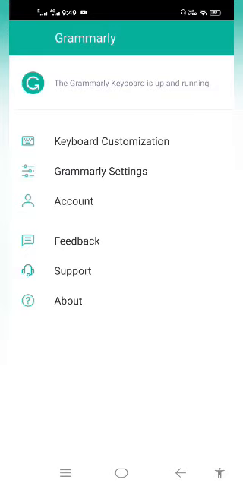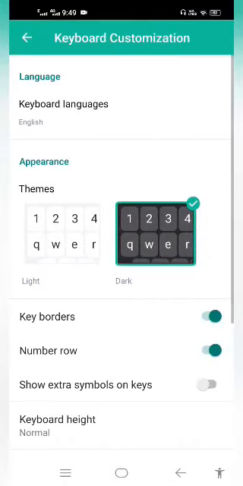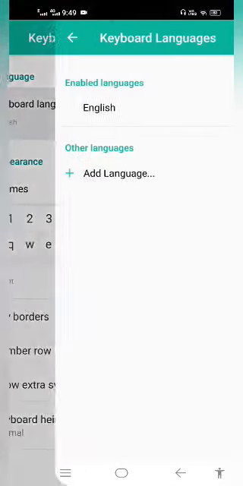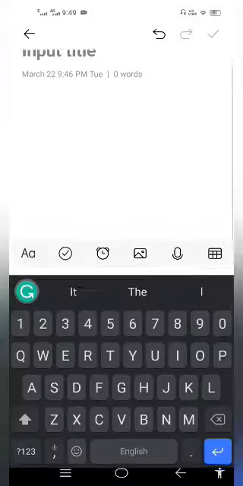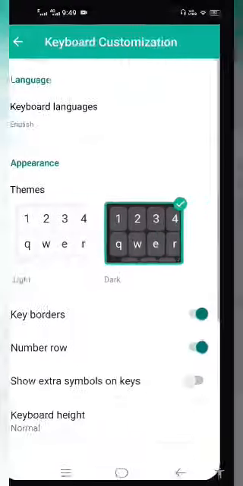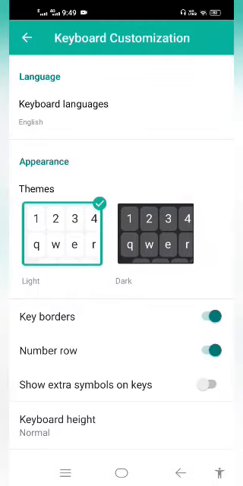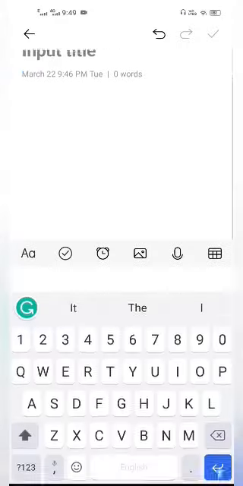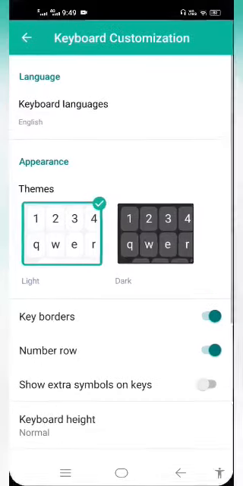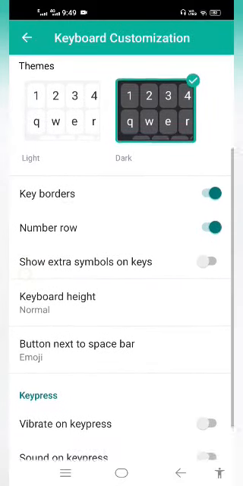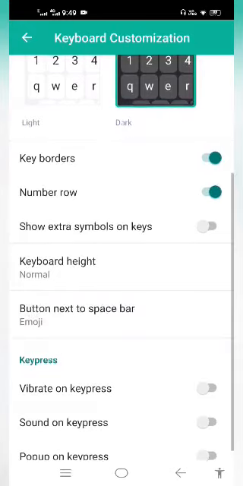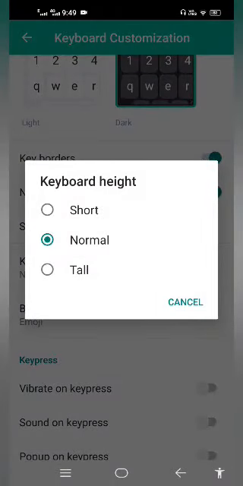First we are going to start from the first, because the first thing is first. As you can see over here, you can add your language, you can put some themes. Right now I'm having dark. If you are having dark, you can see the dark theme will come. If you are going to go for white, light theme, you can see over here it changes. I always prefer dark, and these two options will be turned on, and you can select your keyboard